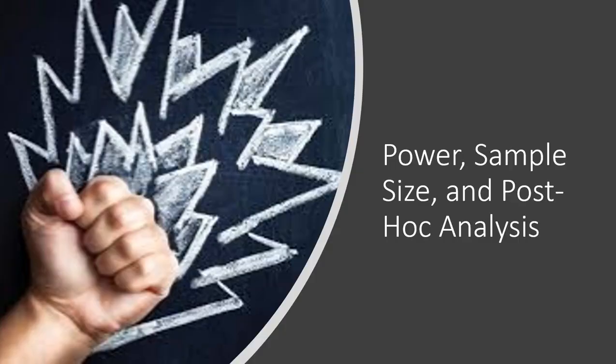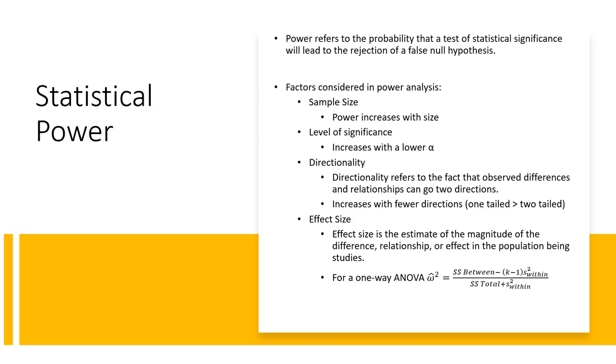So let's go into power, sample size, and post hoc analysis. When we're looking at statistical power, that's talking about the probability that our statistical significance test is going to end up giving us a rejection of a false null hypothesis. So if we find that we don't have enough power, we might want to look at increasing our sample size